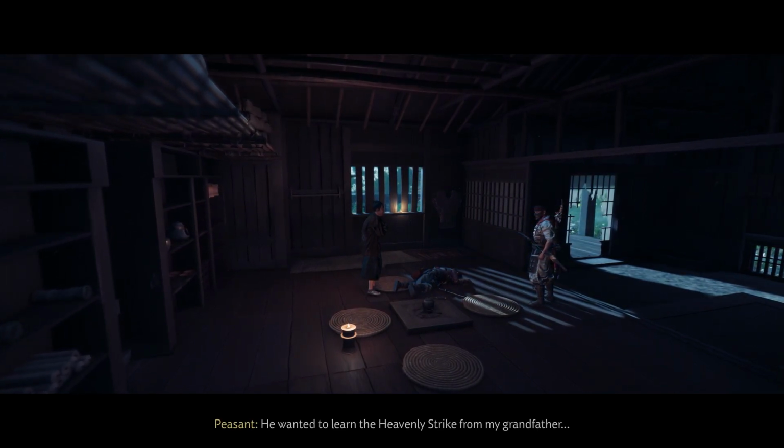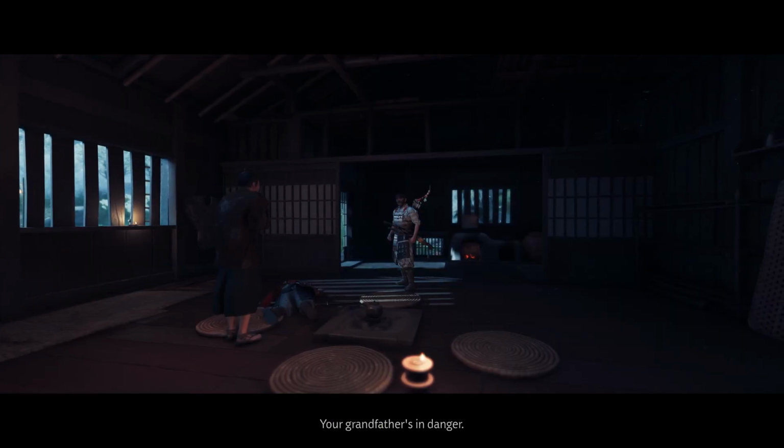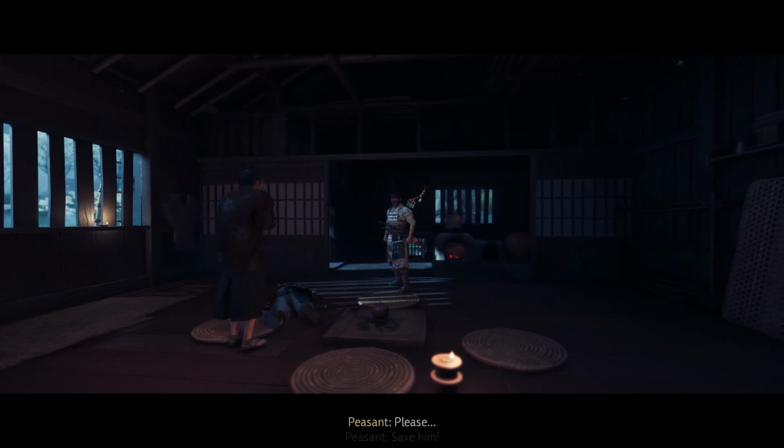祖父から試練一戦を授かるため連れ去りました。祖父の命が危ない。行き先は？祖父の稽古場、小松の海岸にあります。どうか祖父を。